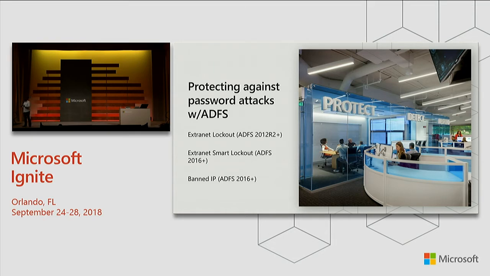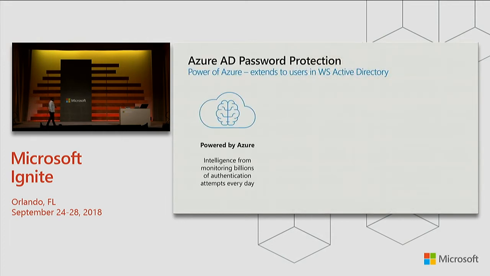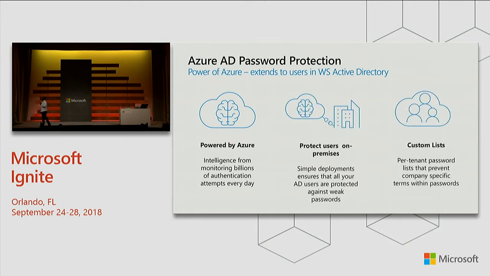So as a result, we put in a banned IP feature directly in ADFS so that you can just type in the IP address in there, and that is good enough for you to block it. Now, what we've done in the cloud, now this doesn't address another style of attack, all right? The other style of attack is that you have a large list of user addresses, and you are trying just 2 or 3 passwords well under a threshold.